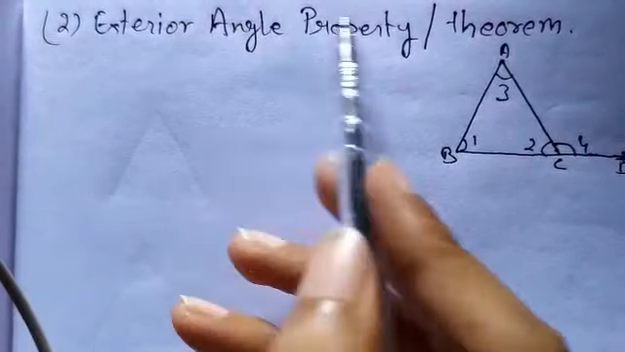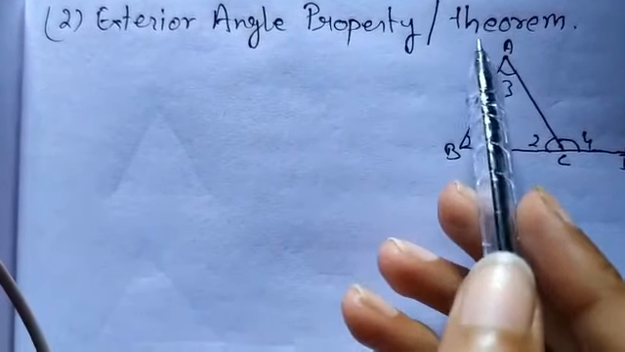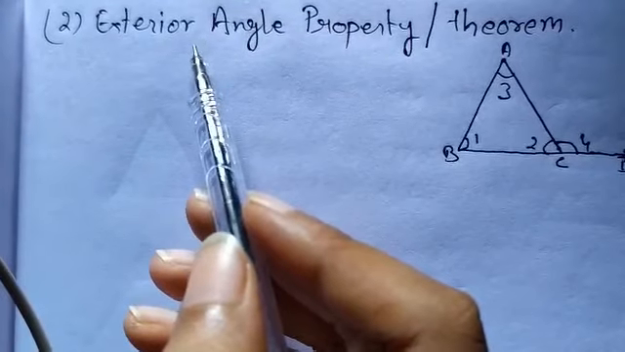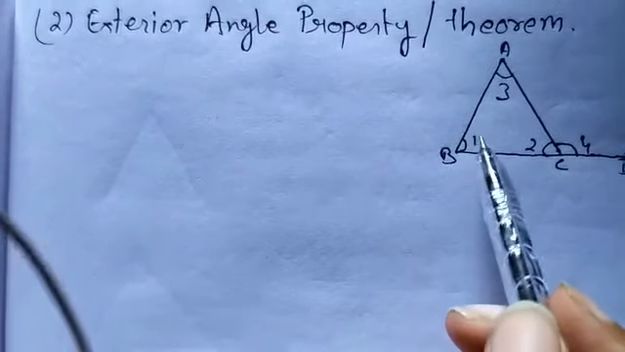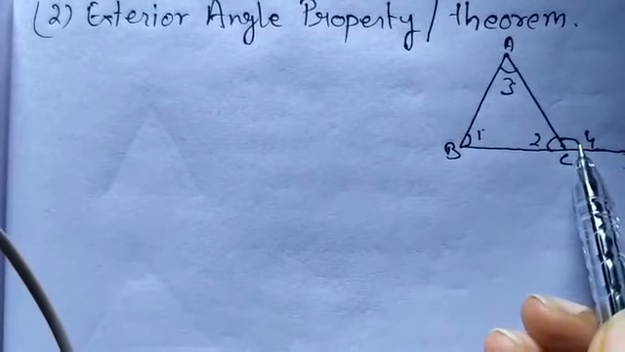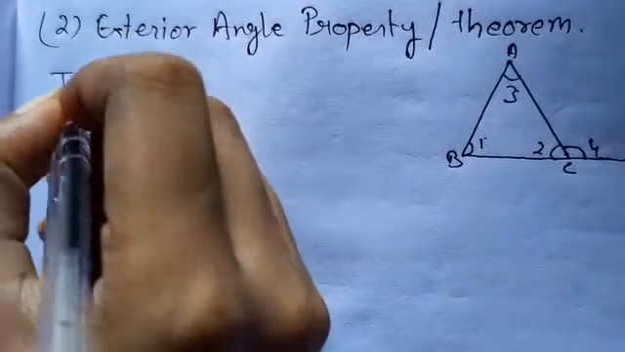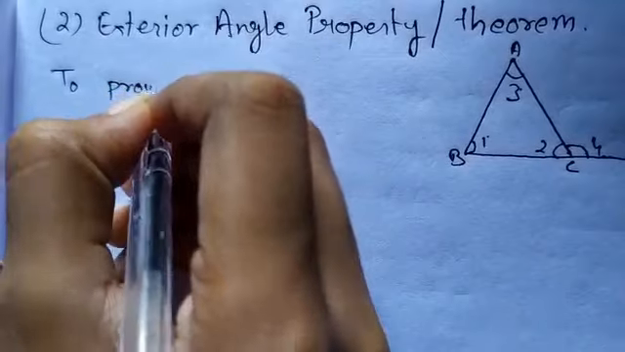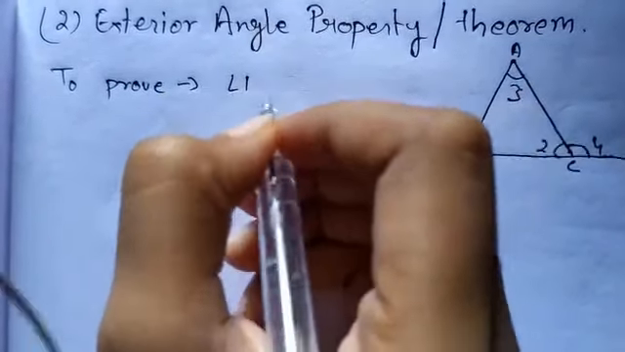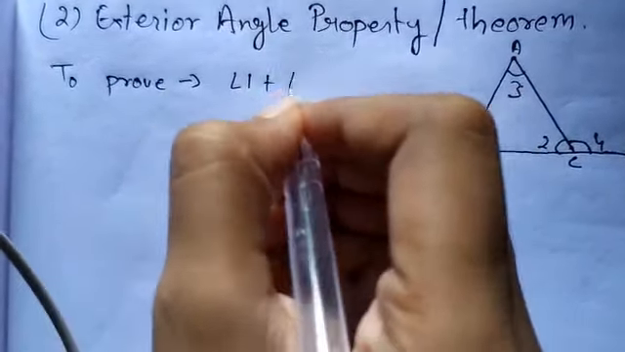Second, exterior angle property or theorem. As we have discussed, as per exterior angle property, sum of two opposite interior angles is equal to exterior angle, and to prove angle 1 plus angle 3 is equal to angle 4,